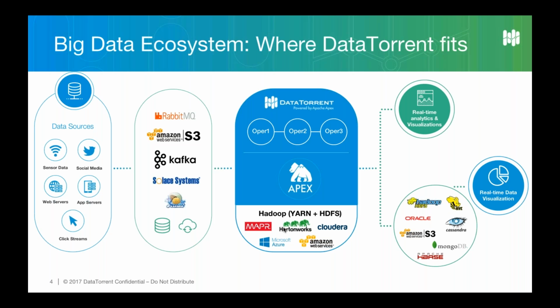So essentially, if you look at the top down picture, a very high level view, if you have a big data architecture, typically it looks something like this. You have your data sources all the way to the left, things like your sensor data, social media, app server logs, or click streams, and so on. And then you send this data over to something that we like to call message delivery systems. For example, your messaging queues where your data is continuously being injected, like Kafka or Solr systems, or file systems such as Amazon S3 or HDFS, and so on, and even traditional databases. So all of these become sources of data